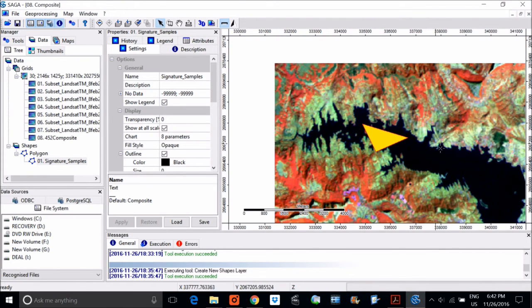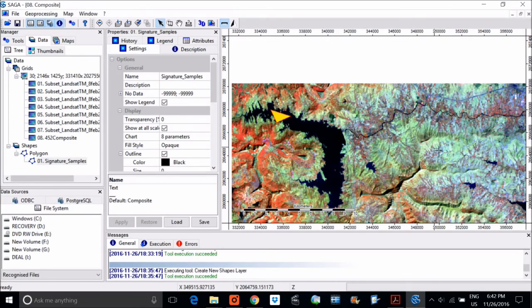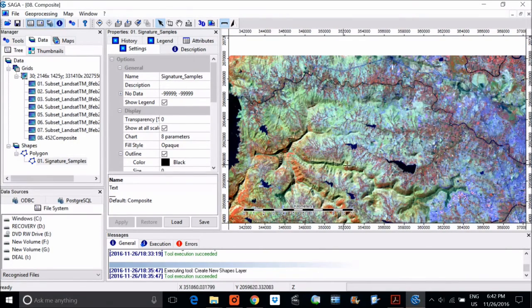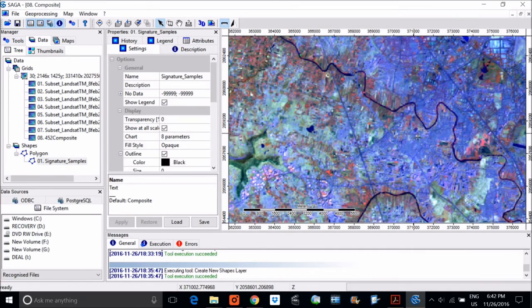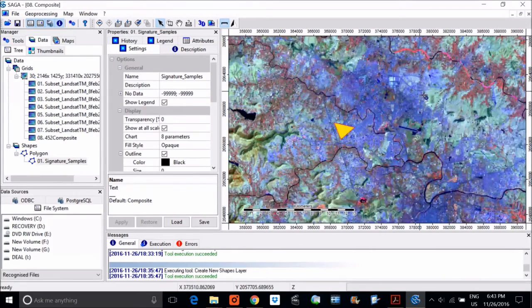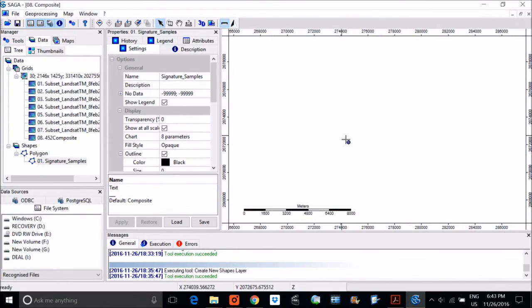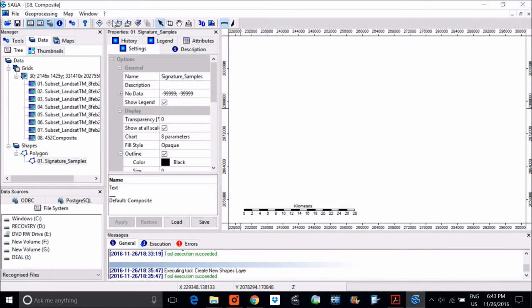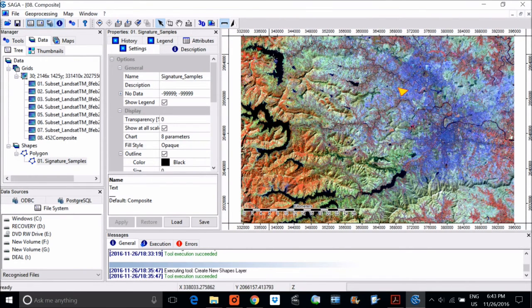So one sample I have taken, and I can take more. I'll just take one or two selections for demonstration purposes. Let me go to this place and again say add one more. I will say add shape, 1, 2, and right click. Just right click and say edit selection. Yes, so now I have 2 selections here, right? I can make many more selections like this.